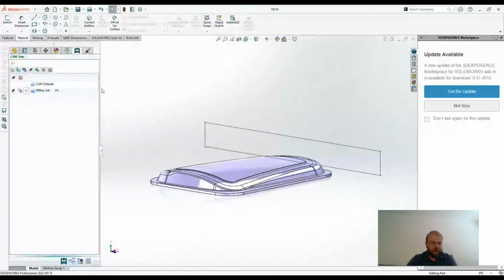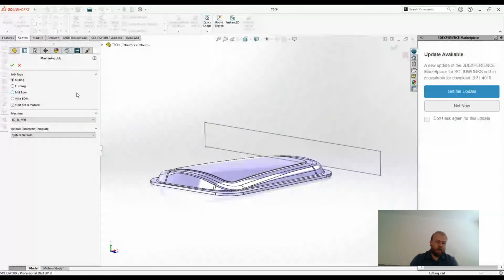Our workflow starts from the beginning here, where we will have our CAM defaults and we're able to start a new job. I can do some of the basic workflow here and then show you how SolidWorks is fully integrated. So we select milling and we would select what type of milling machine we have. If we don't have the specific machine,